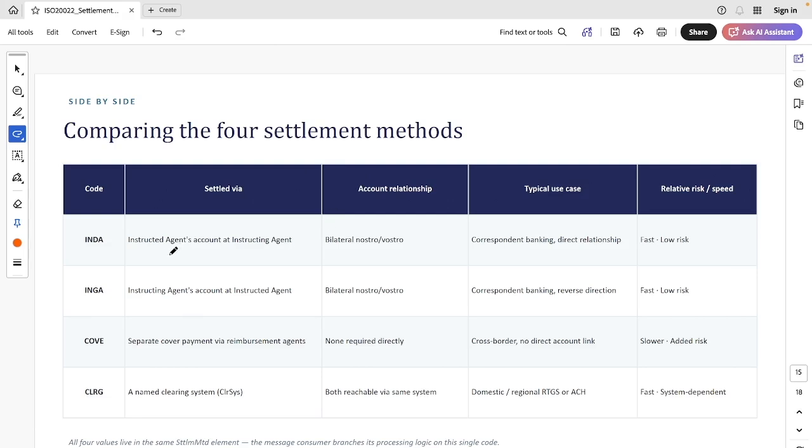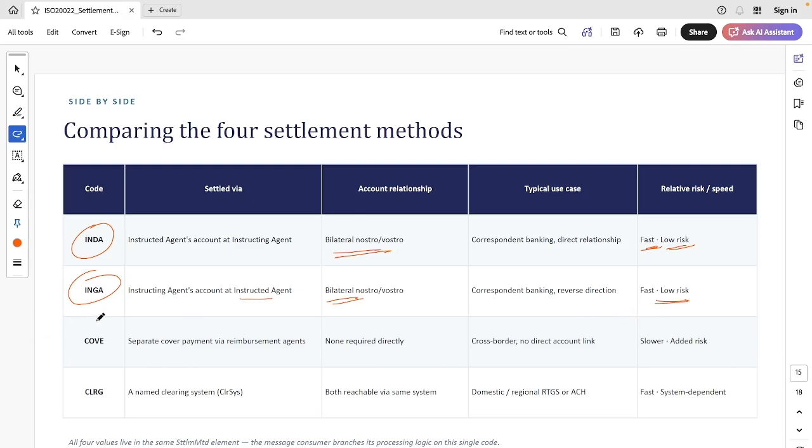Let us summarize them one by one. INGA means the settlement uses the instructed agent's account at the instructing agent. It is bilateral, based on a direct nostro-vostro relationship, and it's generally faster with low settlement risk. INDA means the settlement uses the instructing agent's account at the instructed agent. This is also a bilateral relationship and generally faster because the account relationship already exists, and also involves low settlement